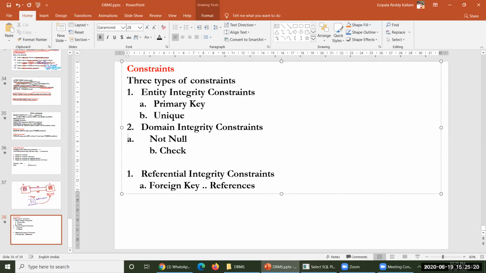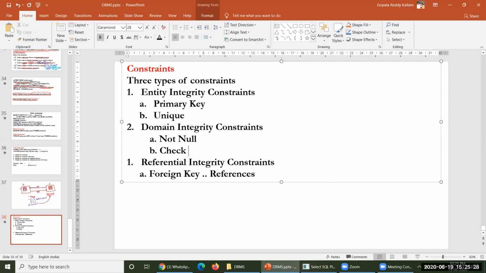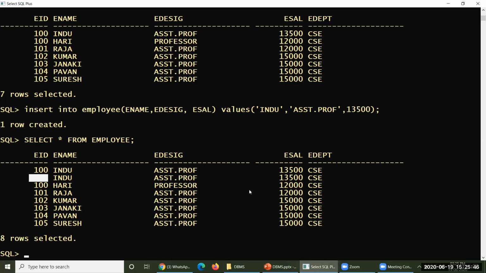Not null is one kind of domain integrity constraint, and check will be another domain integrity constraint, and referential integrity constraints will be foreign key and references. So let me start your work with domain integrity constraints. What are domain integrity constraints, and what kind of values are supposed to be taken into consideration here?